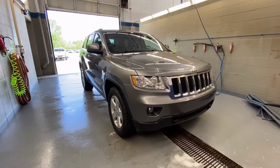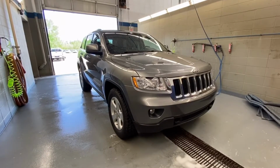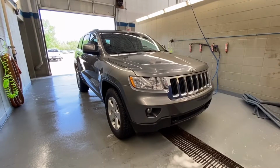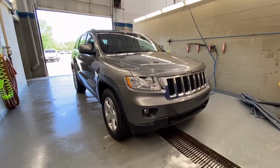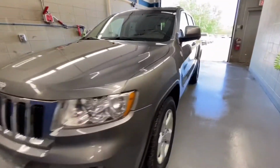We are located at 10109 89th Ave in Fort Saskatchewan, Alberta, just outside of Edmonton, Alberta. We are looking at a 2012 Jeep Grand Cherokee Laredo in mineral gray metallic with a 3.6 liter V6 engine. It's got the chrome grille on the front, chrome green Jeep badging, fog lights,